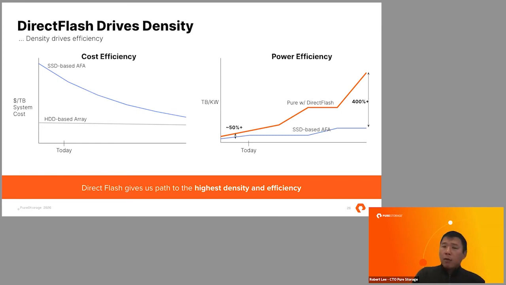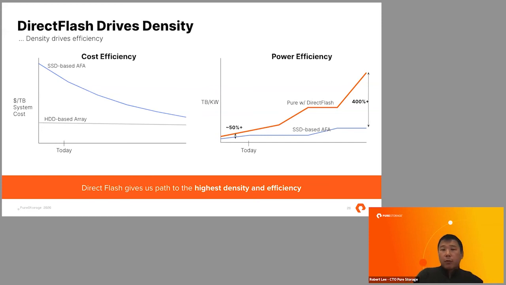And so, if we start off by looking at the graph on the left, what we're looking at is the cost per usable space, in what we've modeled as an SSD versus an HDD-based system, and how those converge over time. And what we've really done here is looked at a typical competitive architecture and costed that out, right? And looked at how these things converge. The two main drivers here,